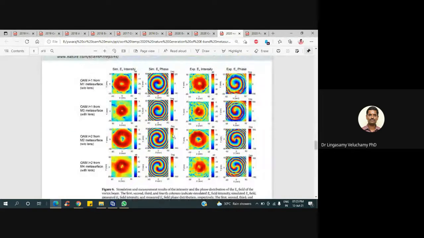So these are the phases simulated, X phase. Yes, they are representing that.